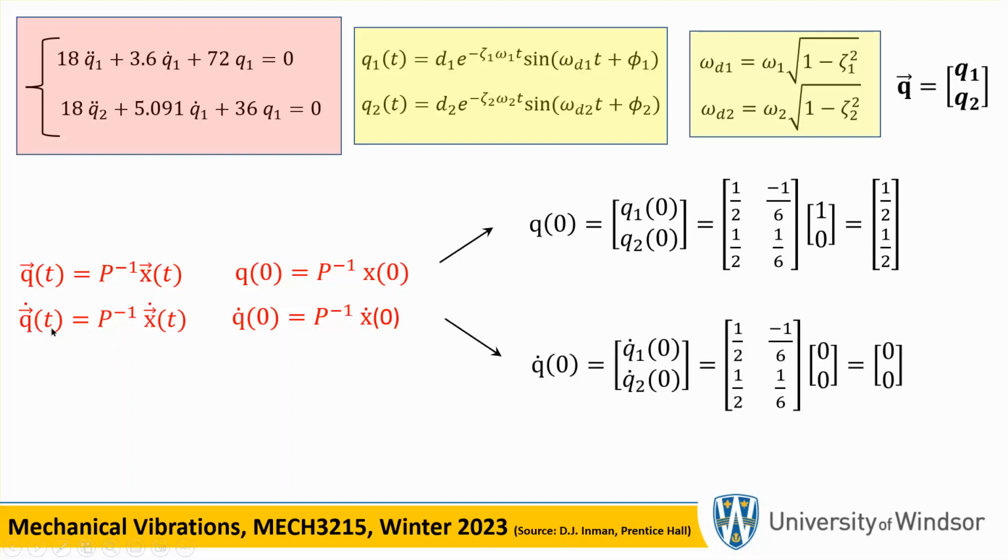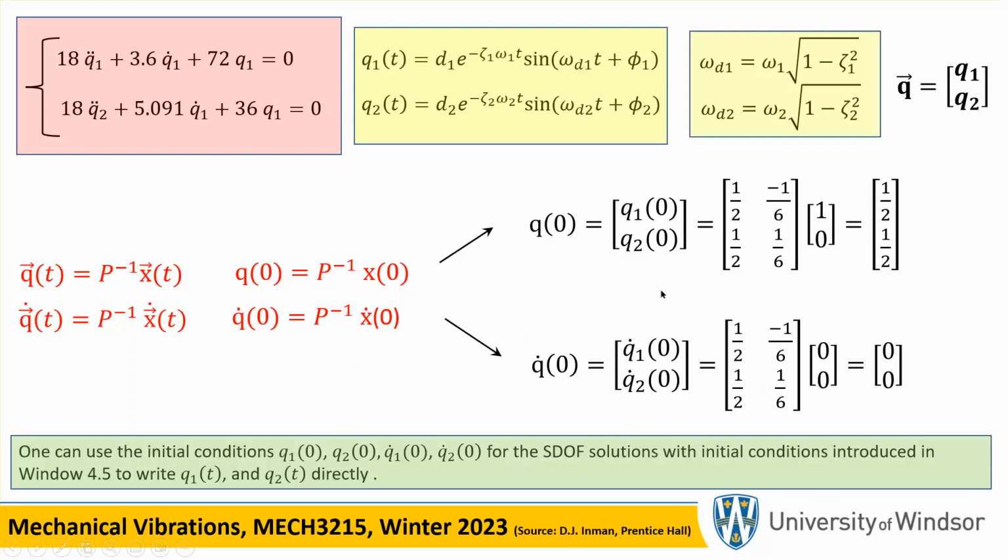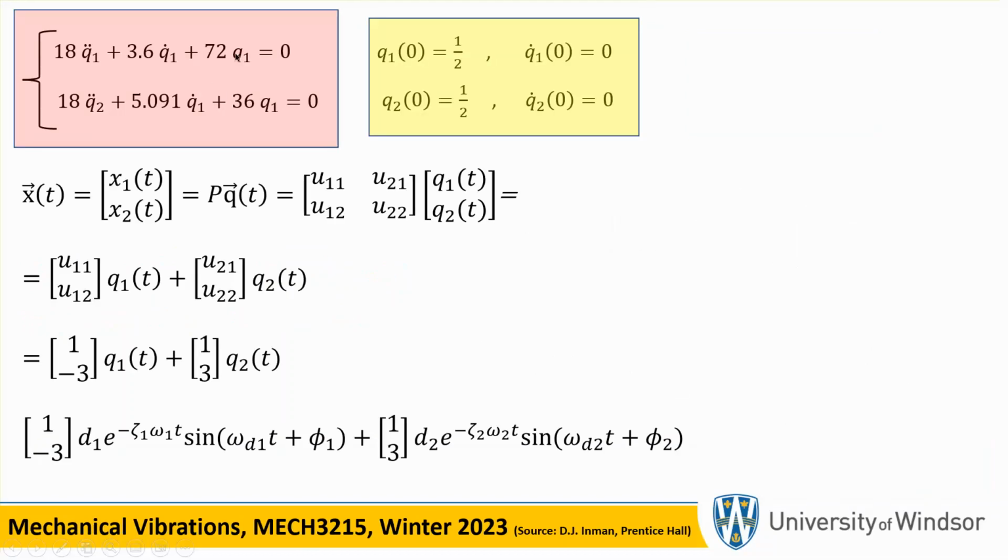And you plug in T equal to 0 in there, and you're going to get Q1 dot at 0, Q2 dot at 0. Because it was released from rest condition, obviously the Q's are also going to be 0. There are other ways of finding these coefficients D1 and D2, but I will use exactly what I'm showing you here. Okay, so these are the initial conditions in terms of Q, the mother of all equations, where damping